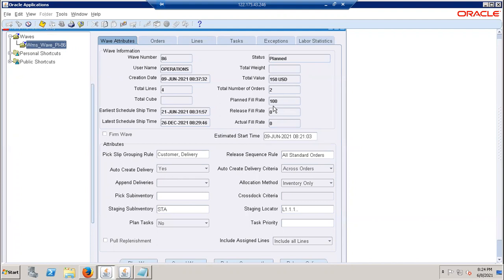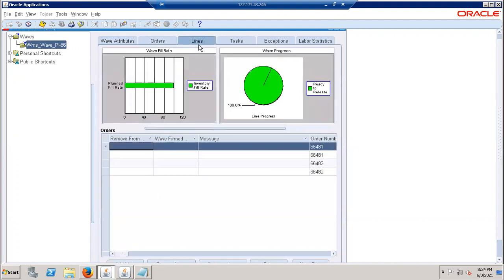If you want to see, just go and click on lines. See here, in progress. Earlier when you did the wave progress, you got only this one. But now on the left side, the plan fill rate is touching 100%. If it is 80%, it will show 80%, and on the right side it will show the status, like 80% is done, 20% is pending. It will show in yellow color, like if a back order is there, it will show that gap, discrepancy, or partial.